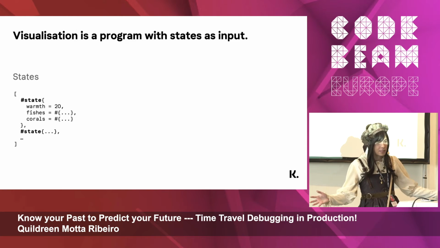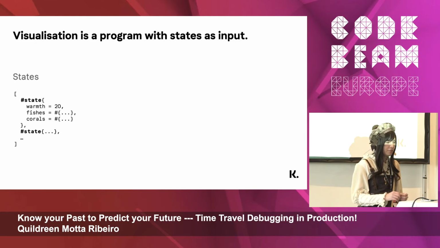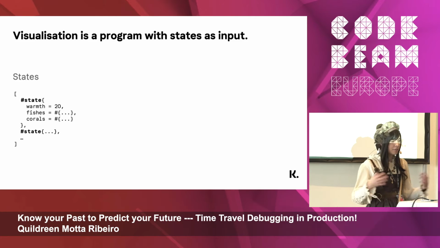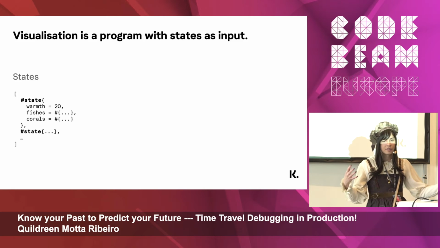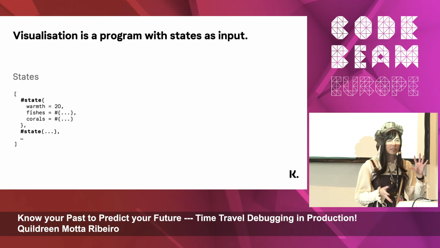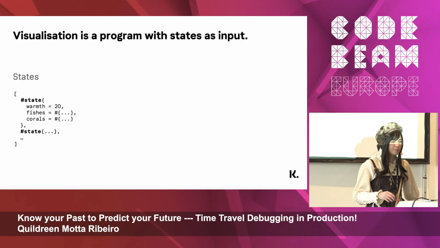So the thing is that your traces and your states are just data. So if you can write any program to transform your data in any way you want, or analyze your data in any way you want. So for us, we want to keep most of this stuff in Erlang. So the replay part is kind of 1,000 lines of Erlang code and generates all of these states that we